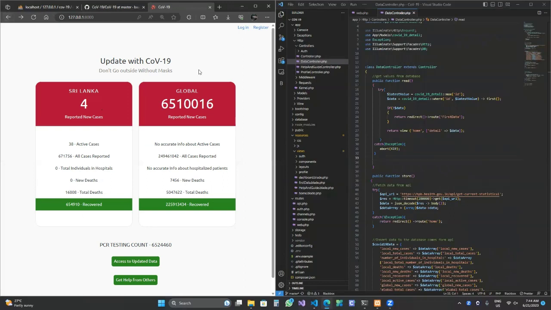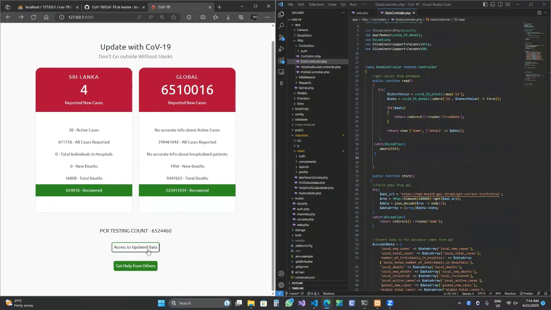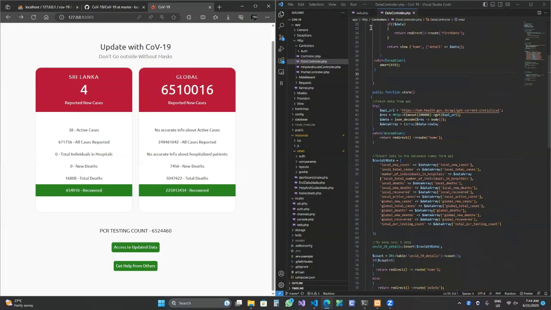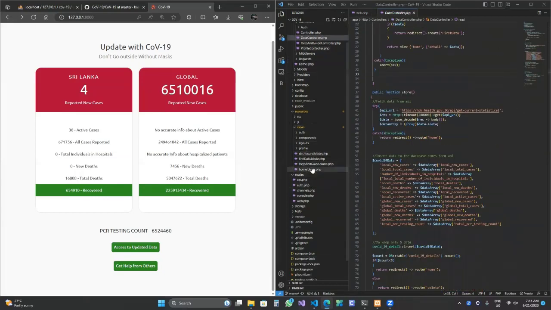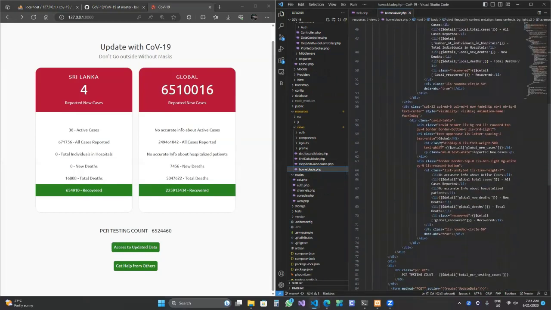This is a default Breeze thing. We have two buttons down here: access to updated data and get help from others. If we click access to updated data,